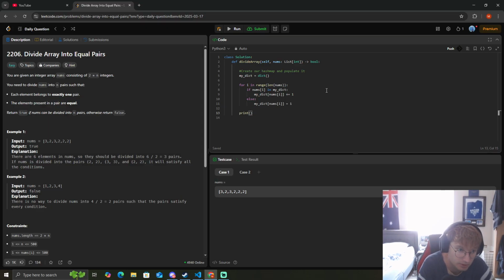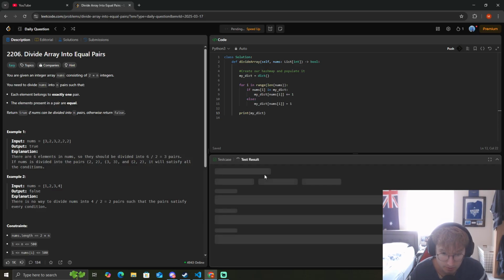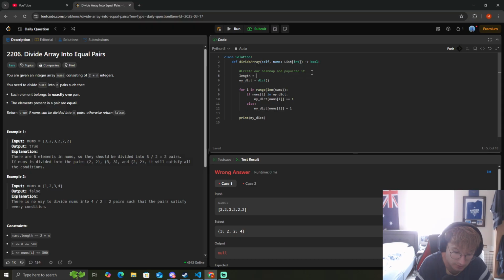Let's just take a look really quick. Print our dictionary. Okay, populated our dictionary. So obviously we want to take the length, right? We want to take the length of our nums, so length is equal to the length of nums. I guess we can switch this to length, because why not? Alright, switch this to length. And we check, well,